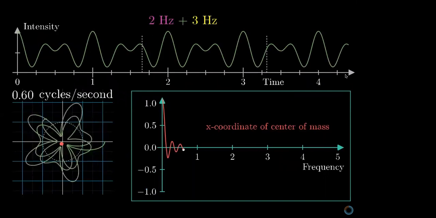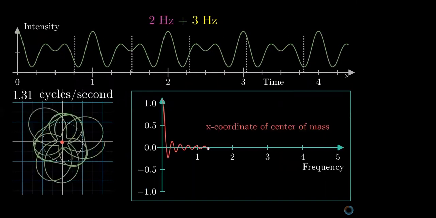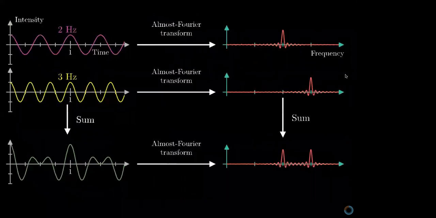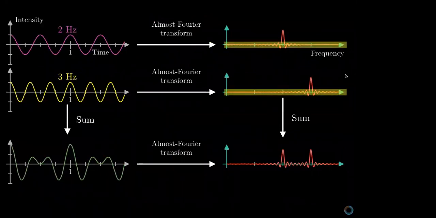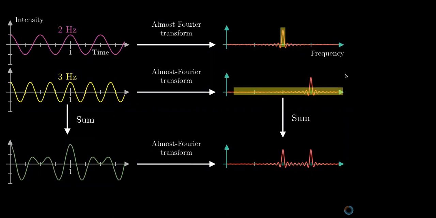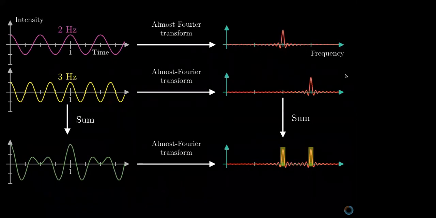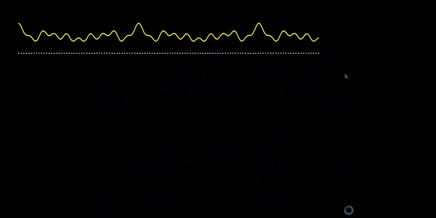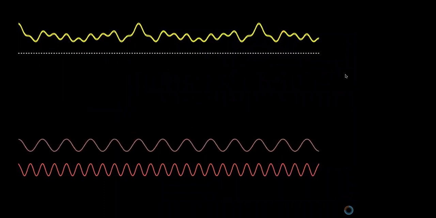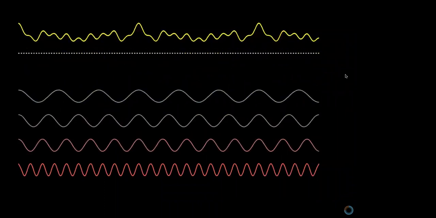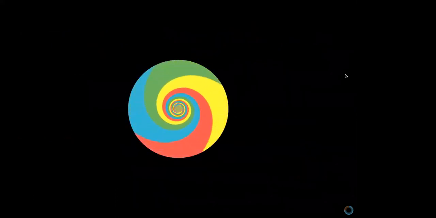Now this property makes things really useful to us because the transform of a pure frequency is close to 0 everywhere except for a spike around that frequency. So when you add together two pure frequencies, the transform graph just has these little peaks above the frequencies that went into it. So this little mathematical machine does exactly what we wanted. It pulls out the original frequencies from their jumbled up sums, unmixing the mixed bucket of